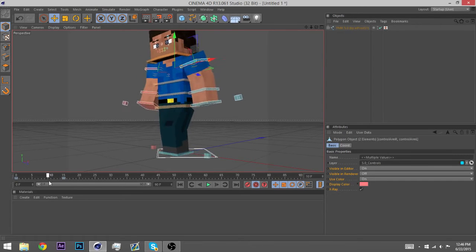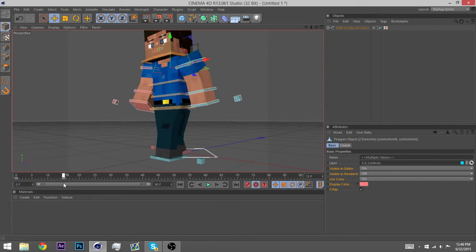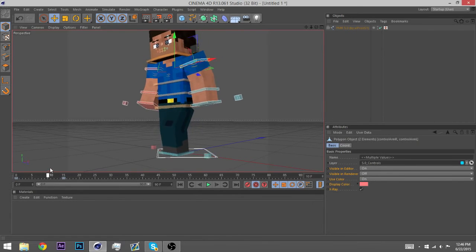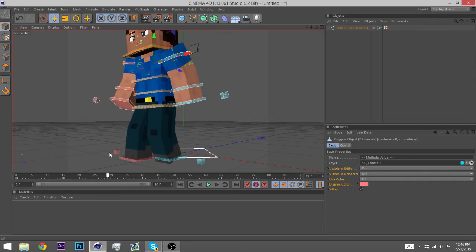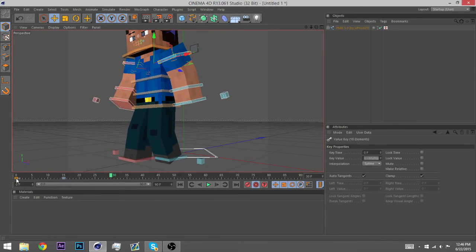So, from 0 to 15, the arms are going forwards and backwards. Now, at the second step, to 30, we can copy and paste the 0 keyframe because they're going to end up being in the same position. So you're going to click on the 0 keyframe, and you're going to hold Control and C on the keyboard if you have a Windows. And now, with keyframe 30 highlighted,